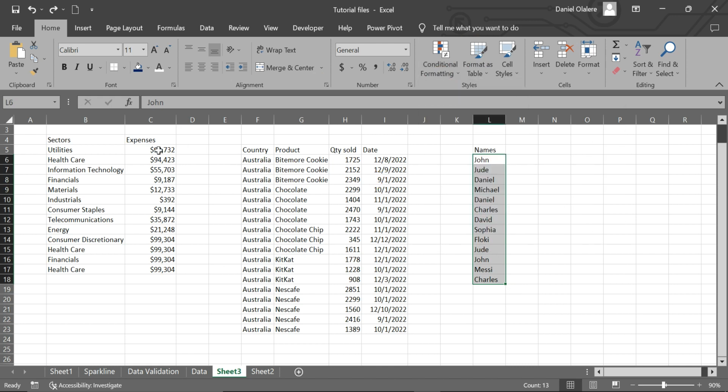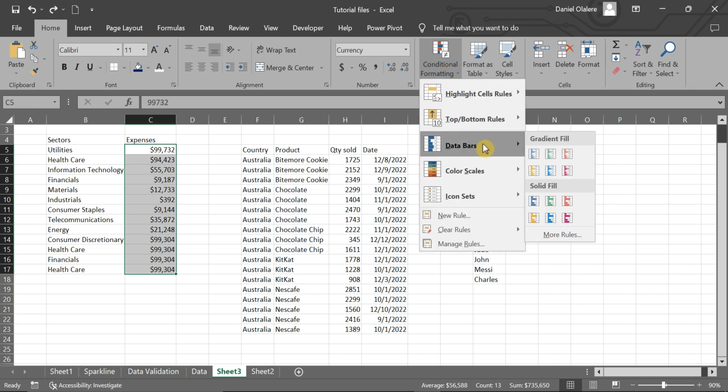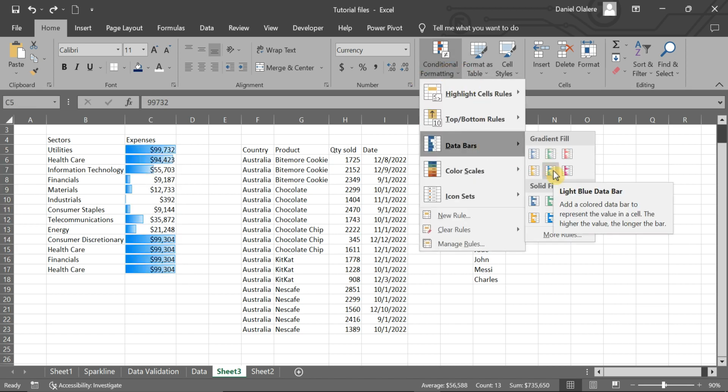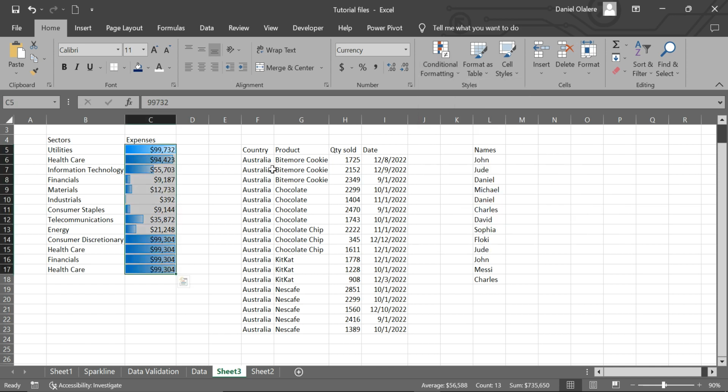So under the expenses, I'll highlight this and click on conditional formatting, and I want to add a color data bar to represent the value in a cell. The higher the value, the longer the bar. So I'll go ahead and select OK. So here you see I have $99,732 here, $1,000. And under the financials I had a low value, and you can see